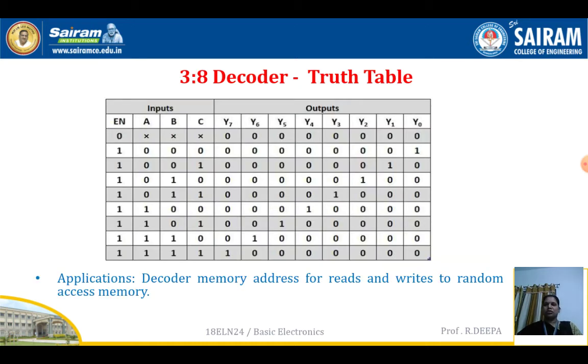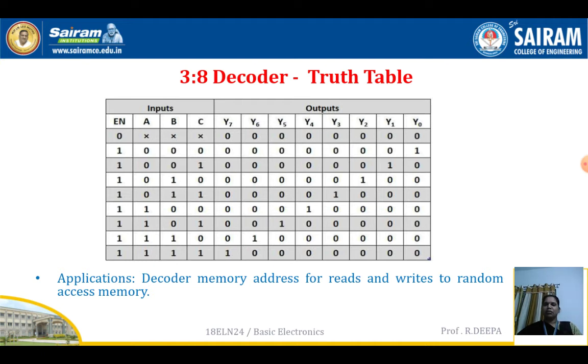So coming to the truth table of the 3:8 decoder, initially if enable is equal to 0, it is considered as one of the inputs and the other 3 input data lines are A, B, C. So these are the 4 inputs and the outputs are Y0, Y1, Y2, Y3, Y4, Y5, Y6 and Y7. The truth table says if enable is equal to 0, whatever the value of ABC, the output is going to be completely 0 from Y0 to Y7.